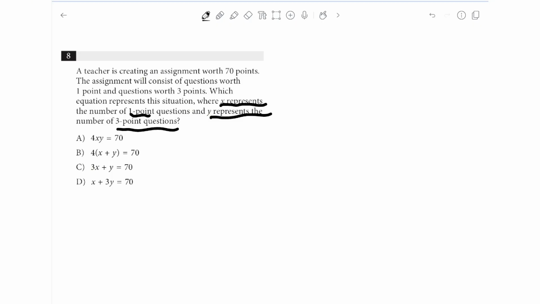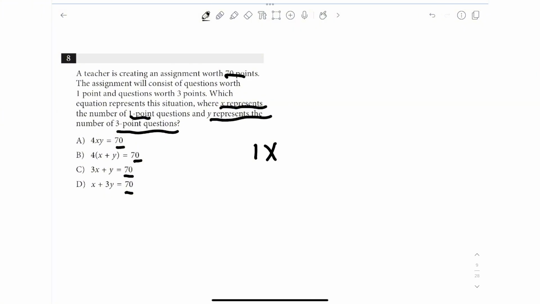Okay, so what is going on here? Our total is 70 points, and unfortunately every multiple choice already has that, so we can't do any kind of multiple choice elimination here. If we get 1 point for every x question, we can just do 1 times x, or just x, plus, and then if we're getting 3 points for every y question we answer correctly, we have